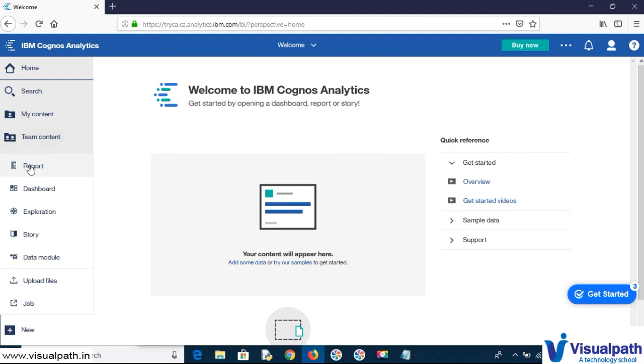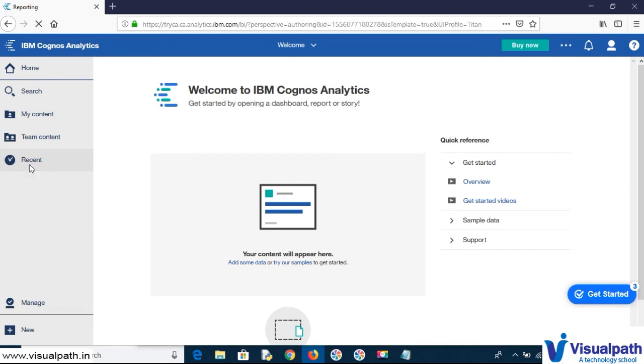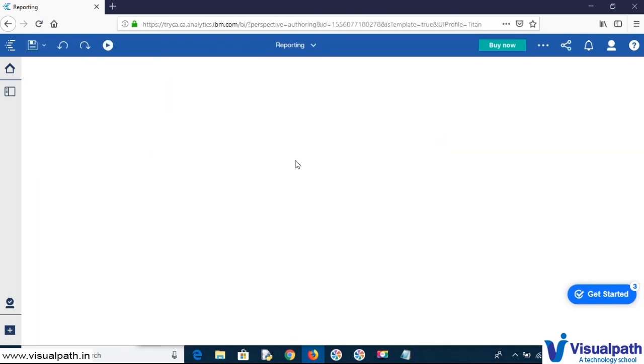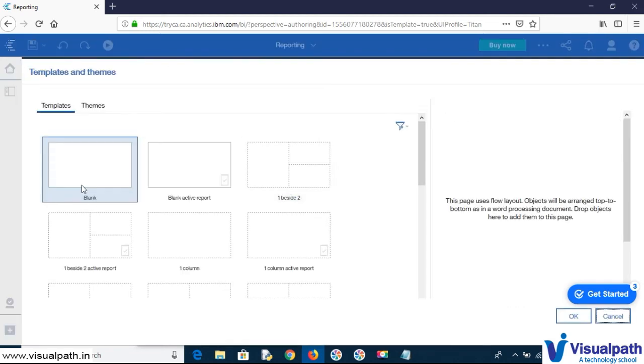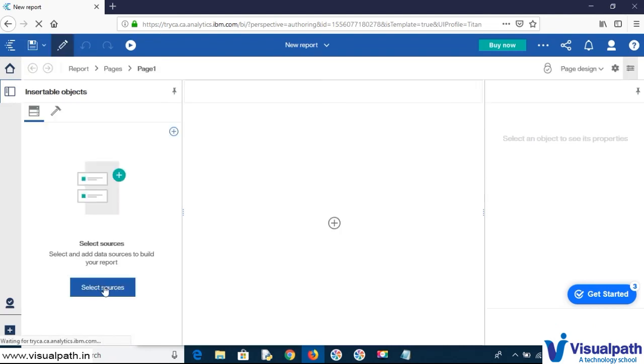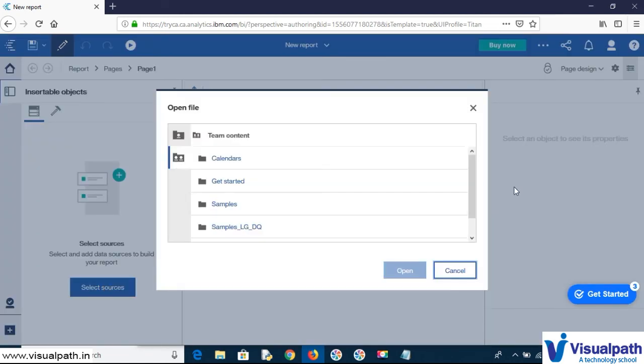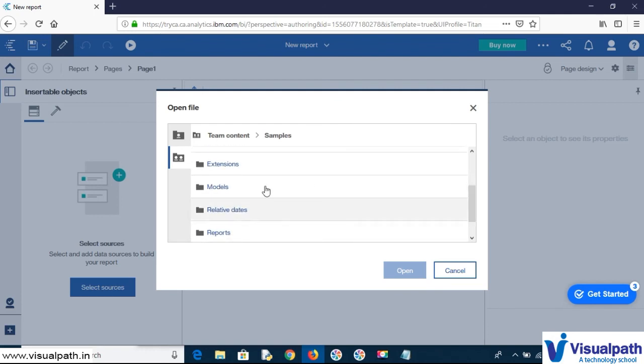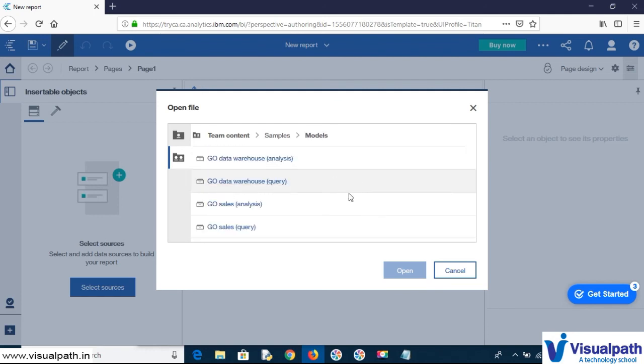So let's try to create a small report. I will explain everything in detail in our future videos, but here I want to explain what exactly we are storing as XML in the content store.